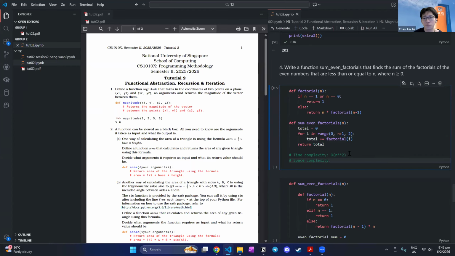But what you said for time complexity, you said O(1), right? No, that's the space one. O(1) is for space because I thought total was just that. All my values are just stored in total, so I thought it's constant. All right, but that is incorrect, because sum even factorials runs